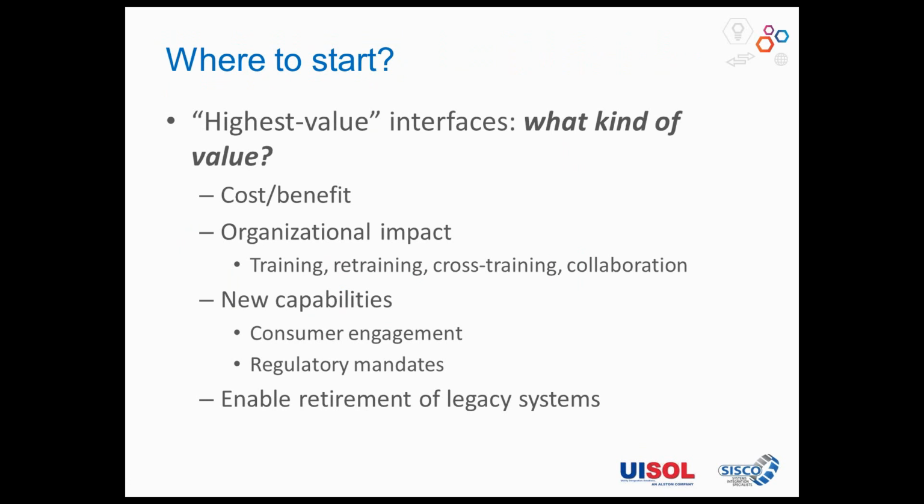And identify areas where it's the most needed. So you've got a regulatory mandate that's going to help you push through this new high-value thing, right? Or you've got customer engagement. You've got a customer that is pushing you to get this new capability,